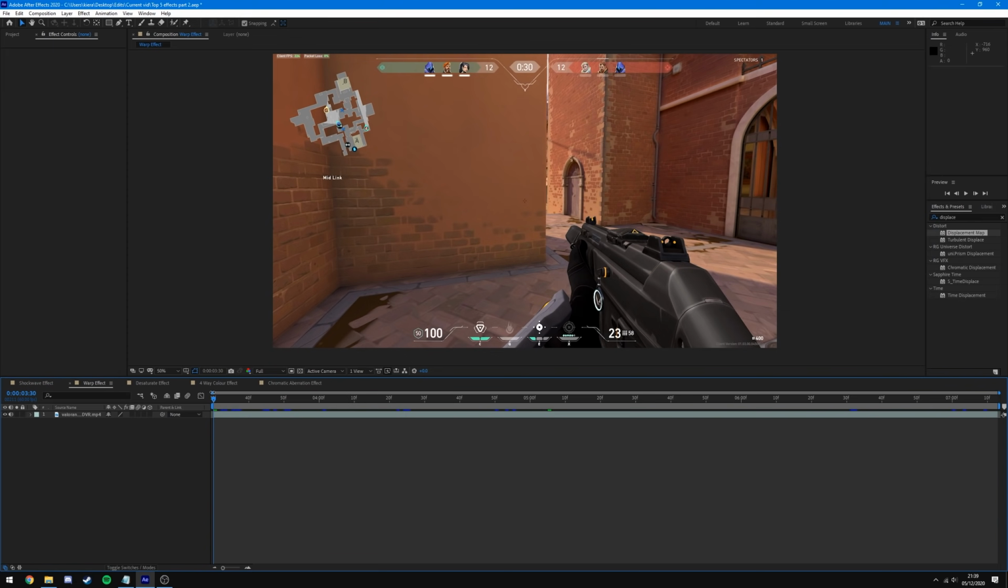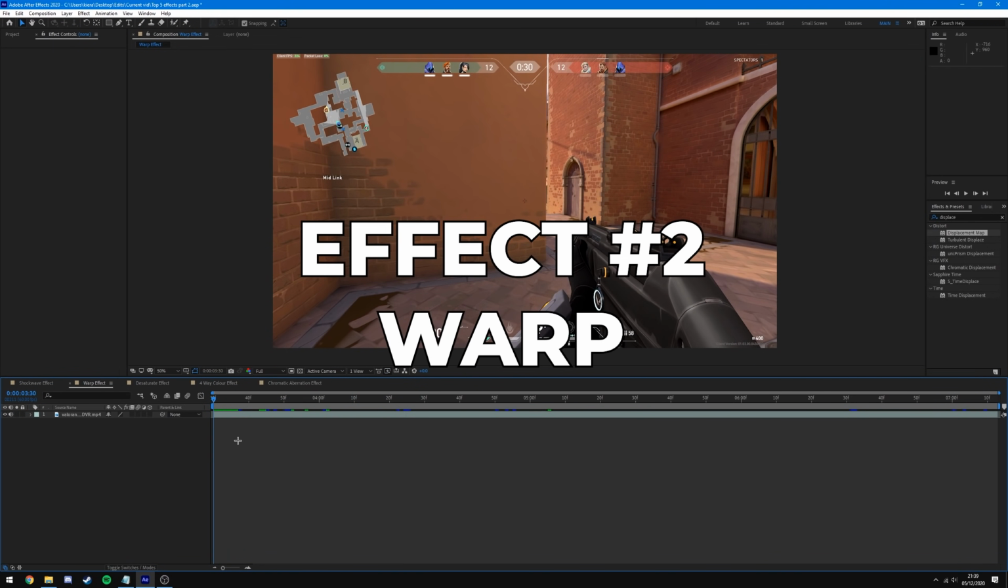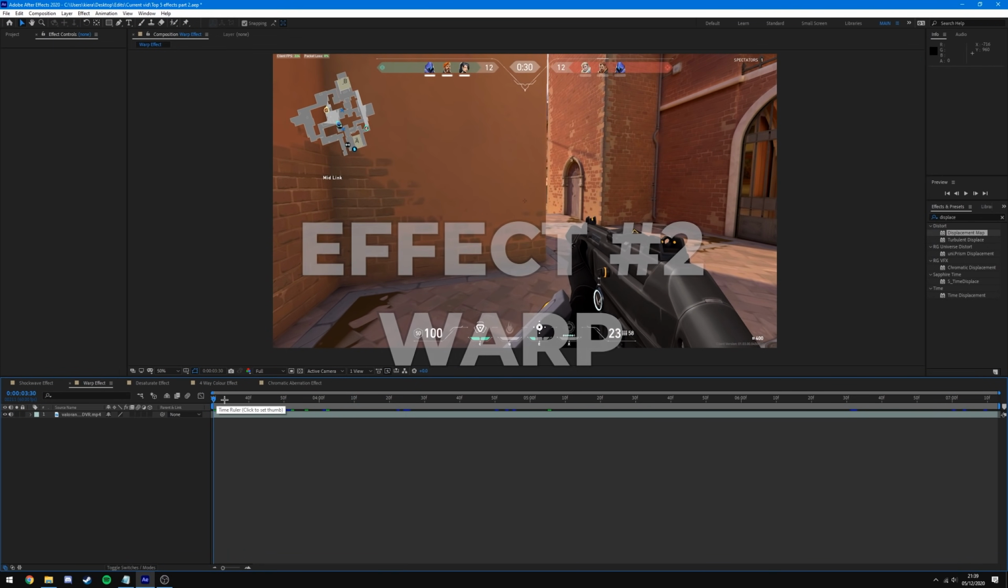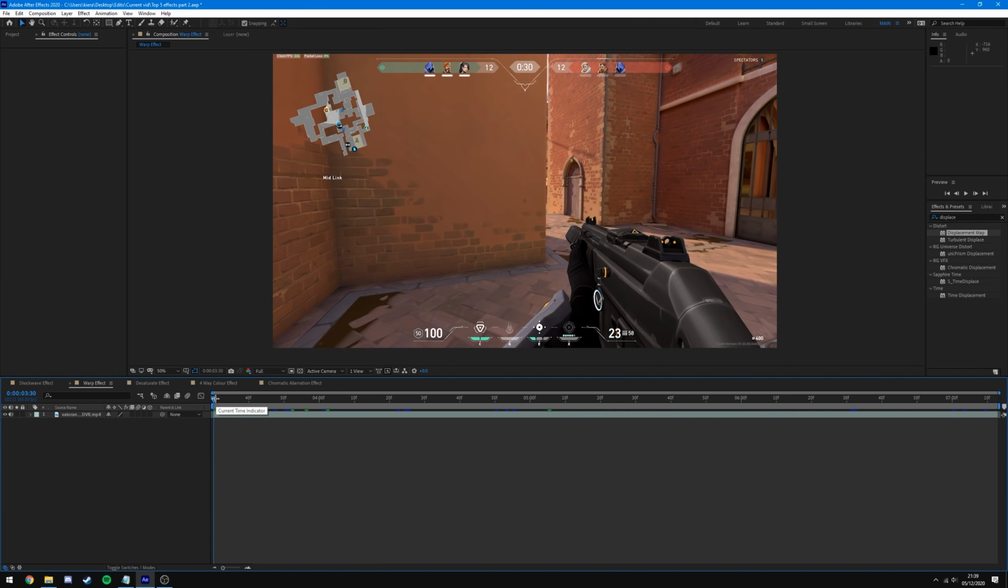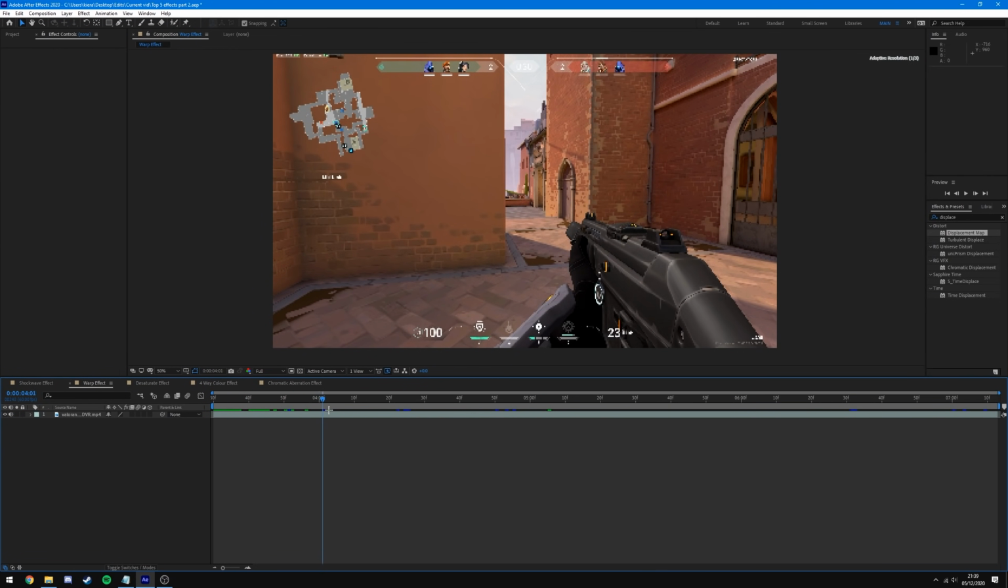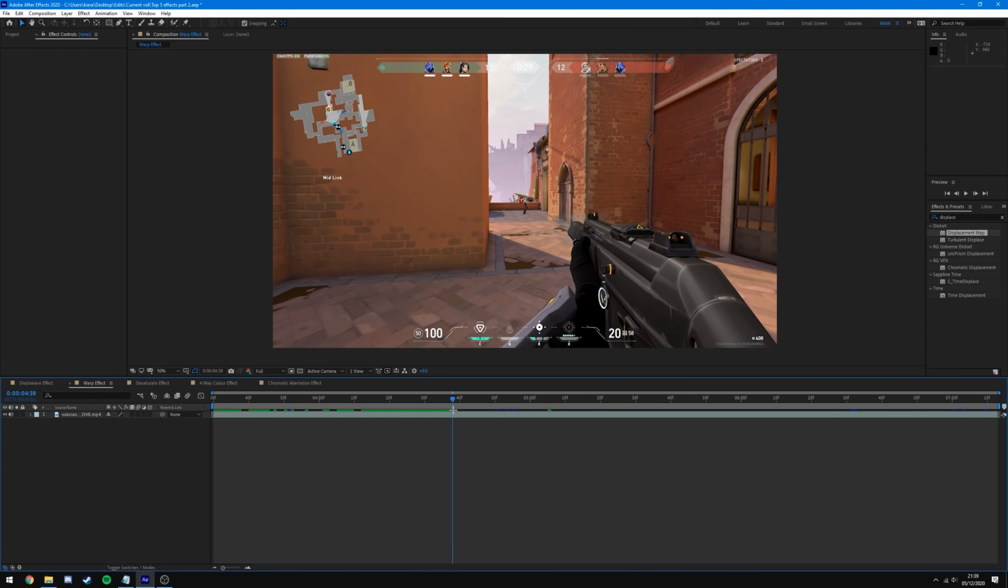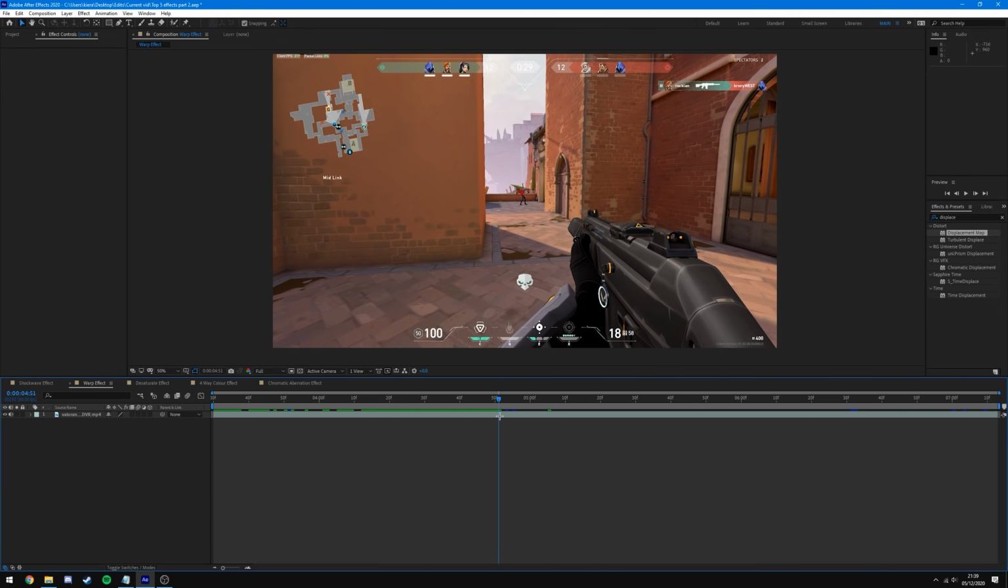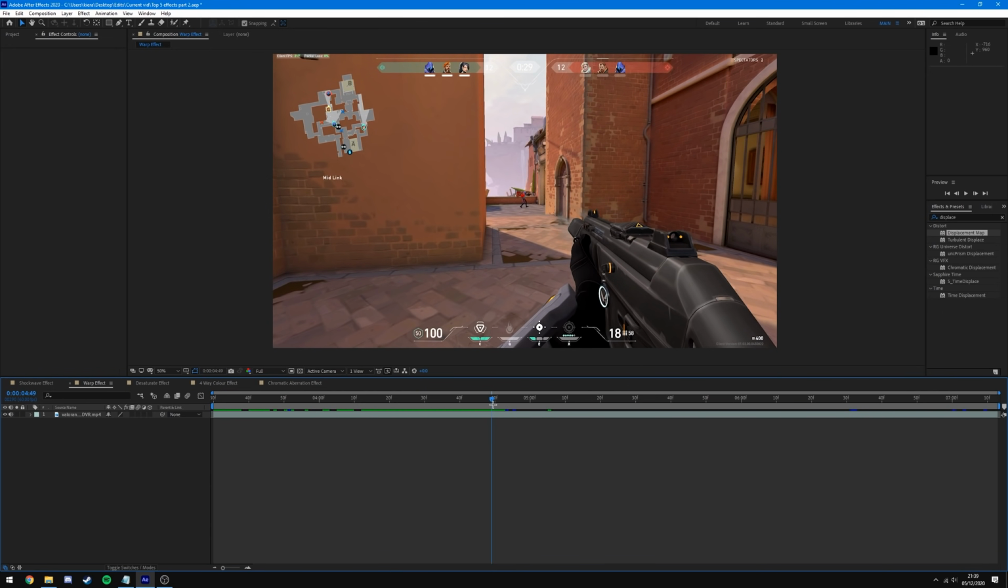Okay, so for our next effect we have the warp effect. So more specifically I'm going to be using a fisheye warp, which is quite similar to optics compensation, which is what we used in the last video, but it works in a slightly different way. So I'm going to go to the point where I get the kill, so we'll see it happens exactly there. You can go frame by frame by using page up and page down if you want, otherwise just drag the